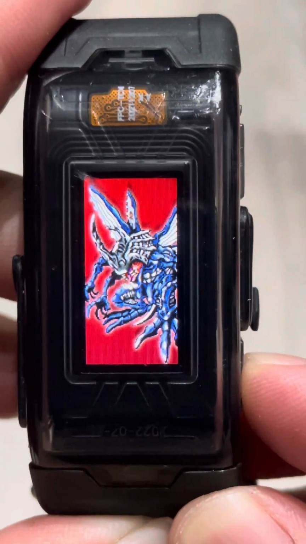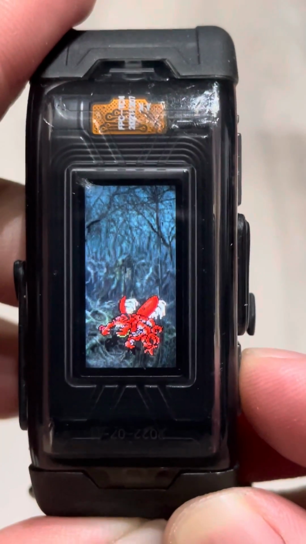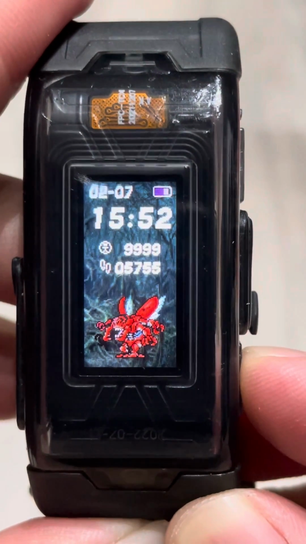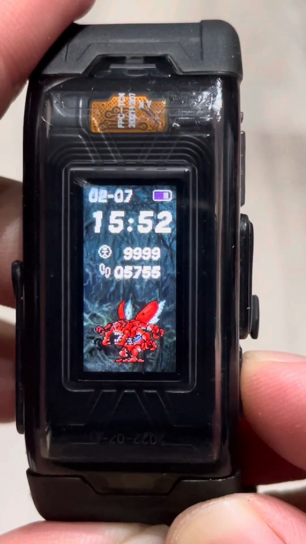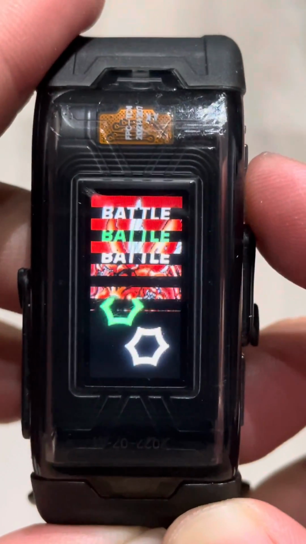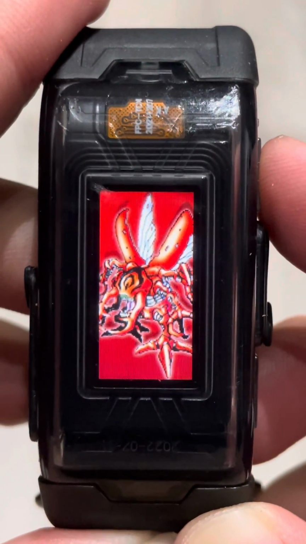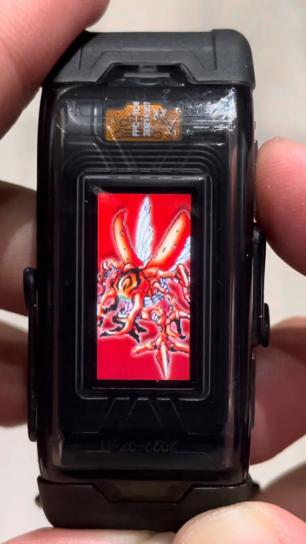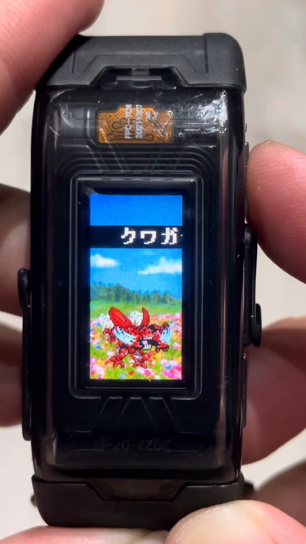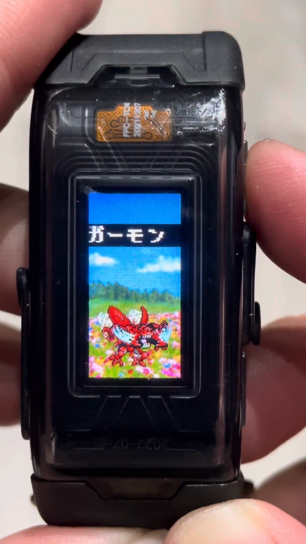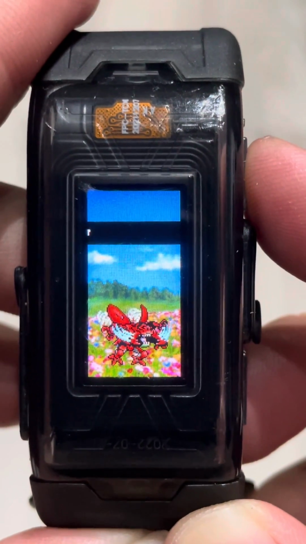No way. Can't fight your rival, because Kabuterimon is vaccine type, so slightly to lose. Alright, let's just do Kuwagamon against Kuwagamon. This is his artwork. Can you see how well represented the artwork is in terms of the sprite design? It looks exactly the same, seriously.